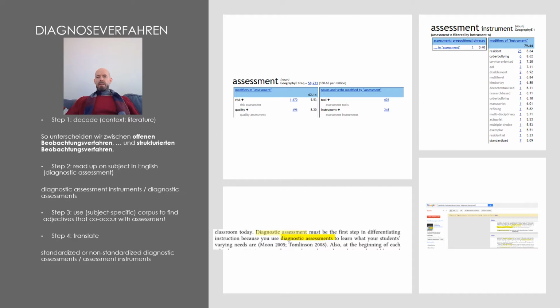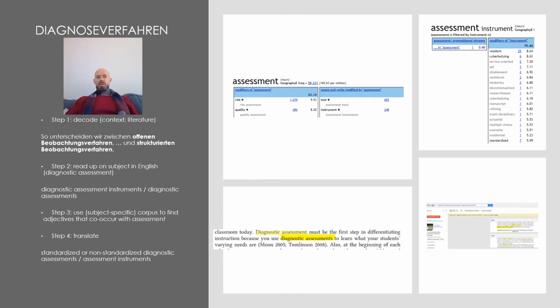And you can go a little bit further here and look at what adjectives combine with assessment instruments. You find the adjective standardized is used 7 times in our subject-specific corpus. So strukturiert corresponds to standardized, a standardized assessment instrument. Now we can translate this as standardized or non-standardized, which is the opposite, of course,